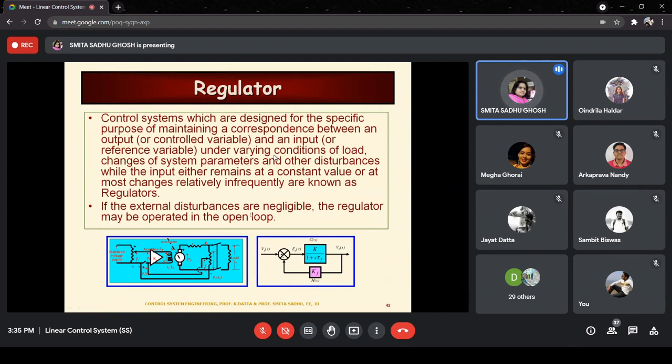So in all regulators, you would have to essentially have a feedback which is going to take corrective action such that the output remains at the desired value without changing, irrespective of the fact that external disturbances or factors are affecting the system as well as the output signal. The output signal has to be kept at the desired value, right?